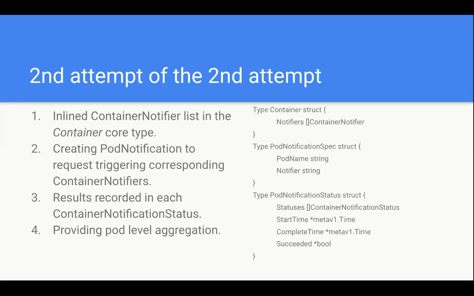Right, well, I guess this proposal makes it so that if I have two containers in my pod and they both have a notifier with the same name, and then I want to run a notification, I have no way to run it on only one of the containers. I'm forced to run it on both, and that's by design. Oh, that's a good question. I honestly haven't thought about it. That is actually by design.